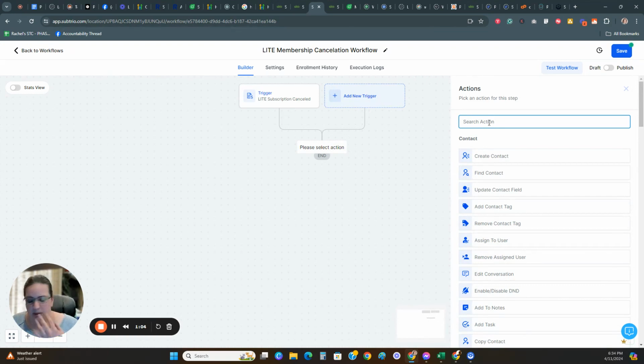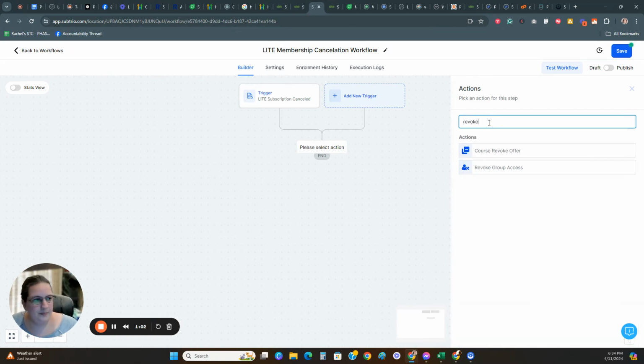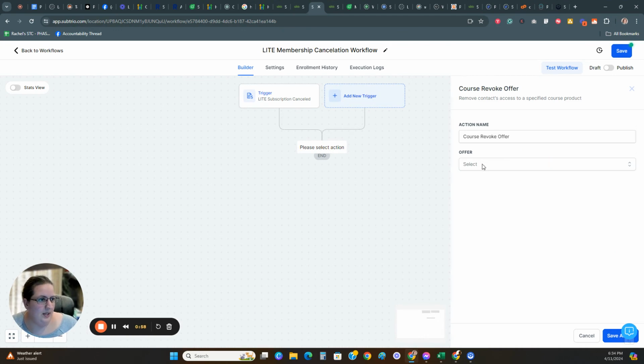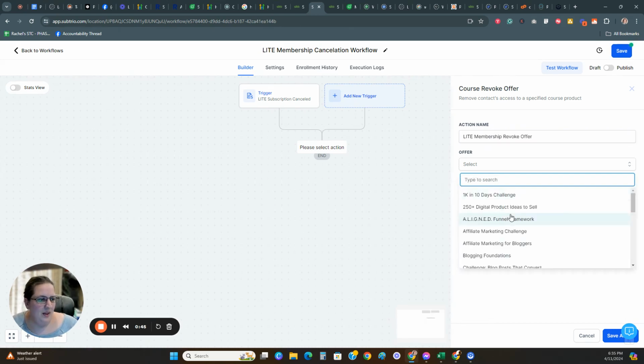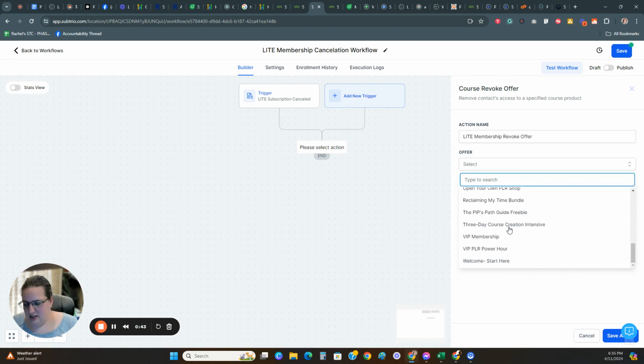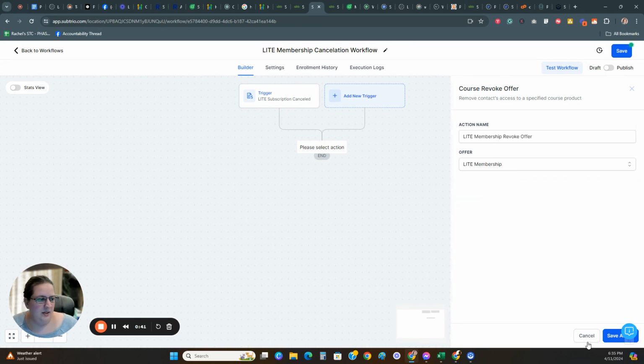Okay, so the next thing we're going to do is revoke their membership, right? Because if they're not paying for it, generally speaking, we don't want them to have access to it anymore. So Light Membership, revoke offer,